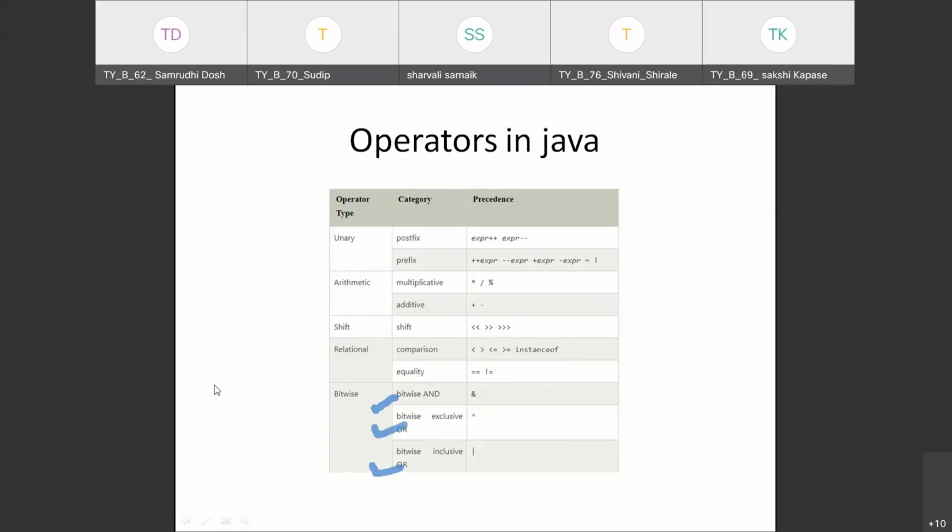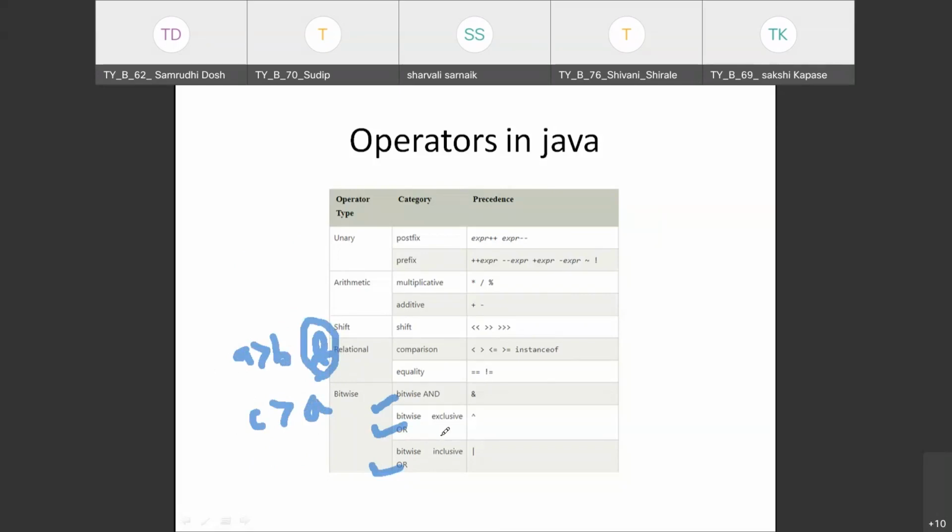Now for example, suppose I want to check two conditions: A is greater than B and C is greater than A. If this is the condition, then the operator we use is called the bitwise AND operator.